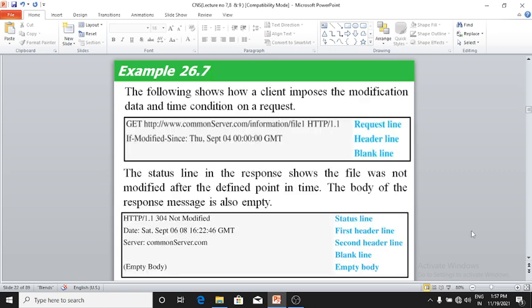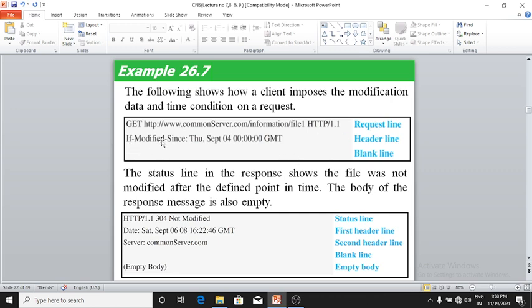See, the next is the example for 26.7. The following shows how the client imposes the modification date and time condition on a request. Okay, here GET http://www.commonserver.com/information/file1 HTTP is there. The first line is a request line, the second one is a header line, and the third one is a blank line.